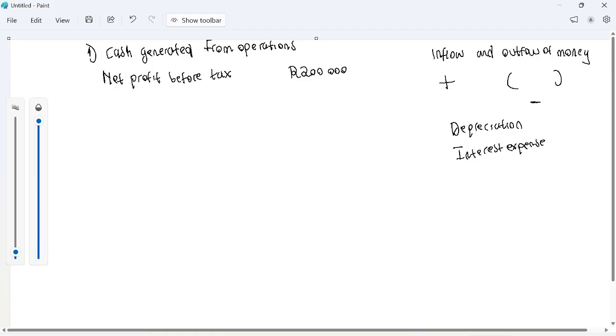If you remember from the statement of profit or loss, depreciation and interest expense were subtracted at first. So how do we remove them from this 200,000? Since at first they were subtracted, now we're going to add them. For instance, they tell you that your depreciation is maybe 2,000,